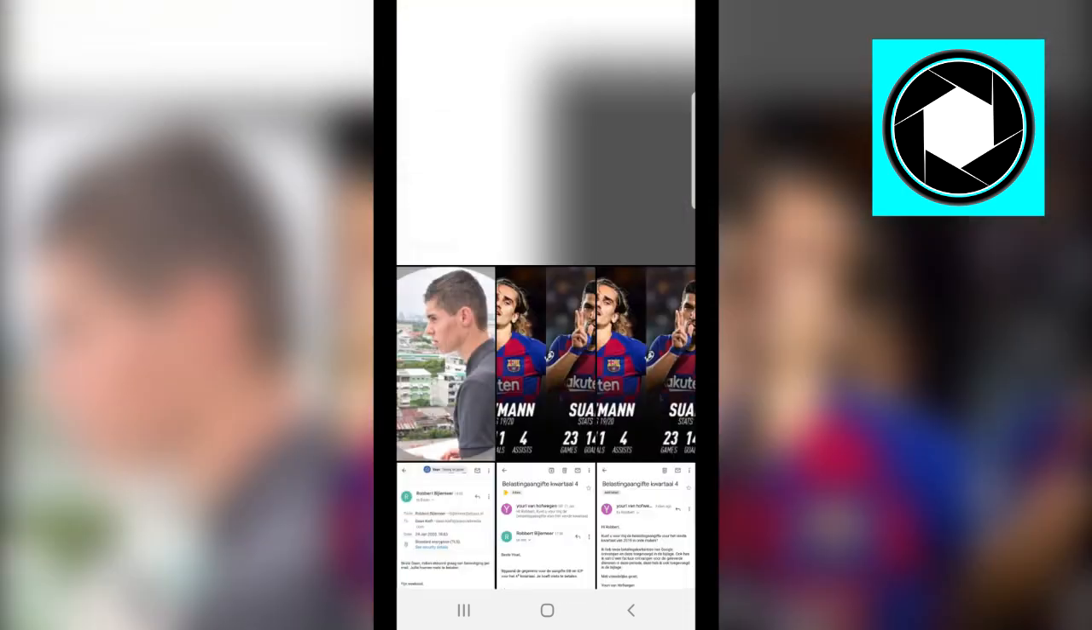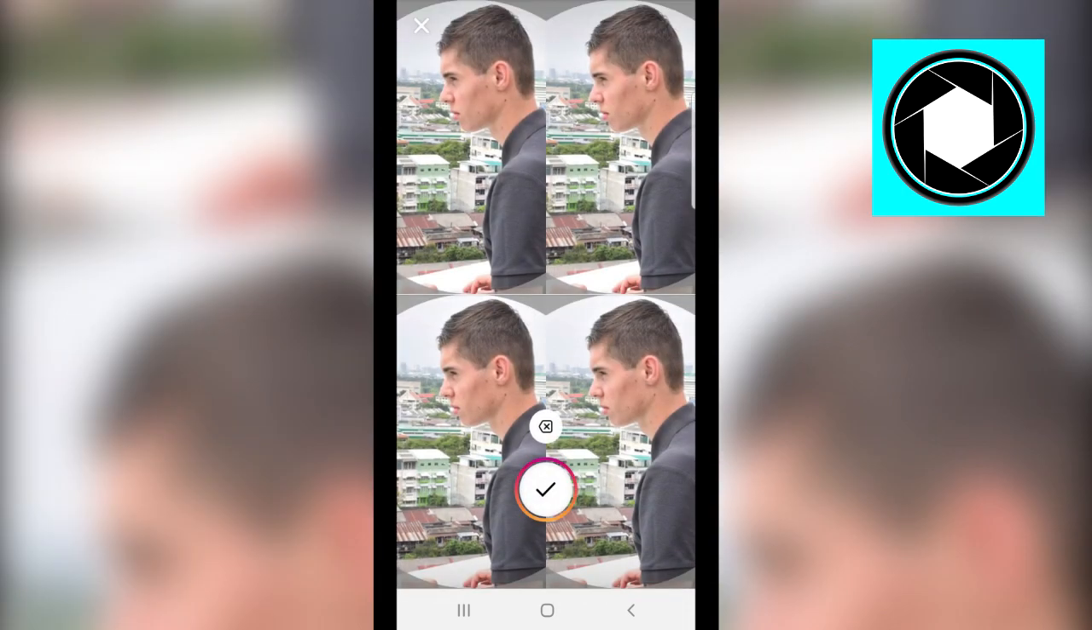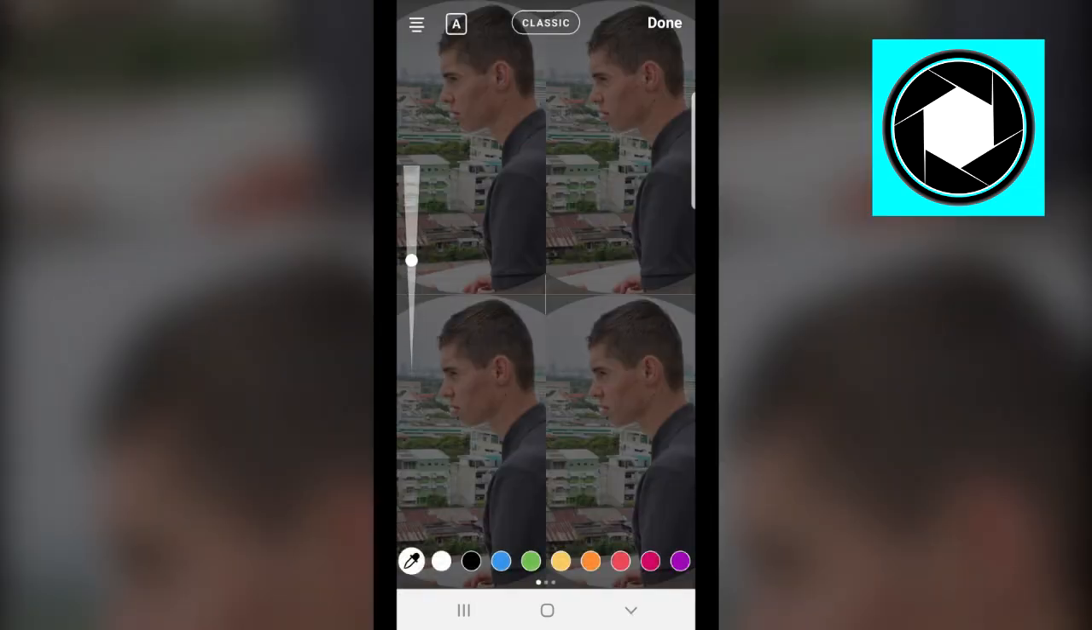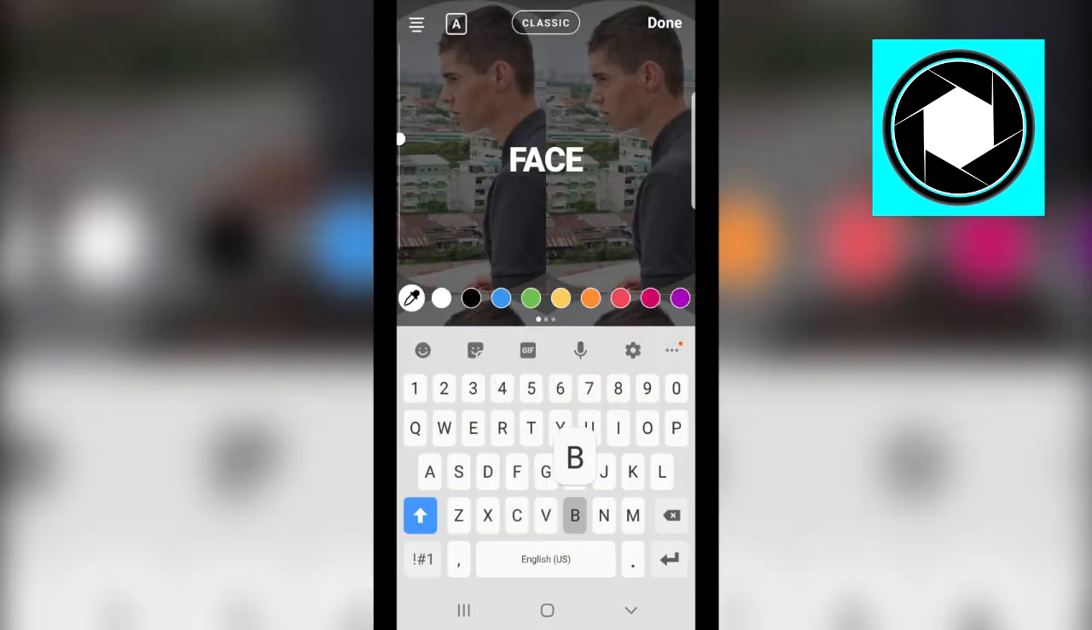Now for the sake of this video, I'm just going to select the same photo 4 times, but you can select different photos in every single spot. You can then also play around with them. Now I'm just going to do that, and then next up you can add text. So you can do